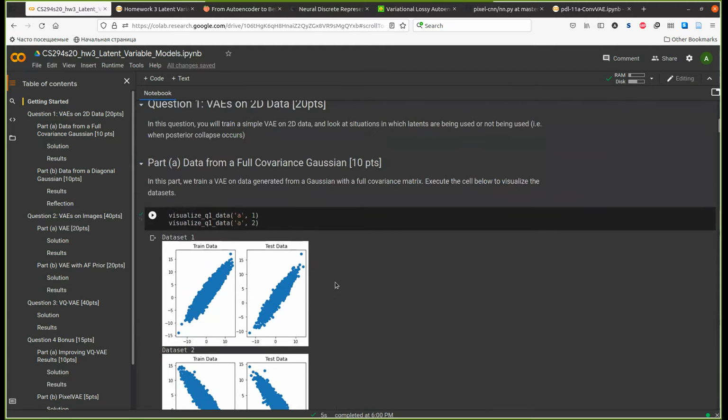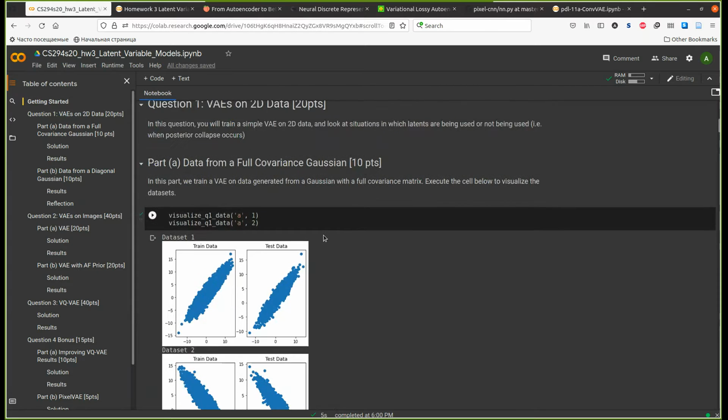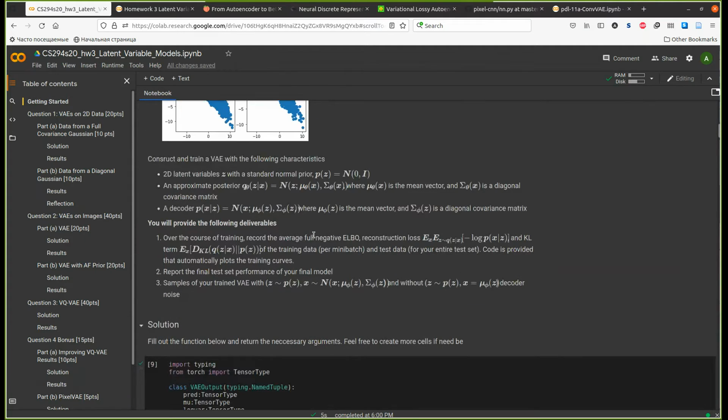And we are going to model this distribution using a variational autoencoder. So precisely the task is the following. We are going to model it